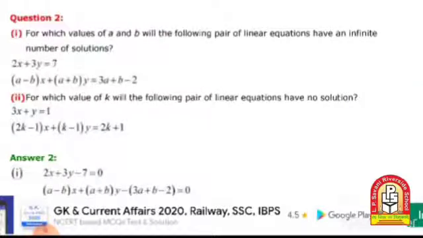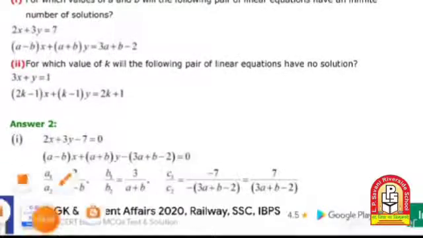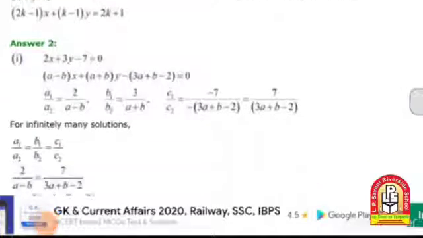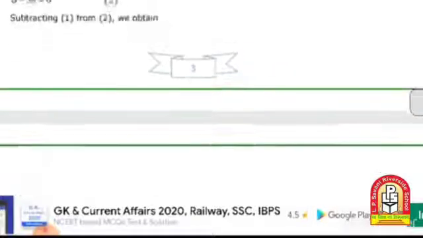Then next, question number 2, this is a word problem: for which values of a and b will the following pair of linear equations have an infinite number of solutions. So in the first, 2x plus 3y is equal to 7, and in the next, a minus b into x and a plus b into y is equal to 3a plus b minus 2. So 2x plus 3y minus 7 is equal to 0, and this is quite a difficult example to solve,